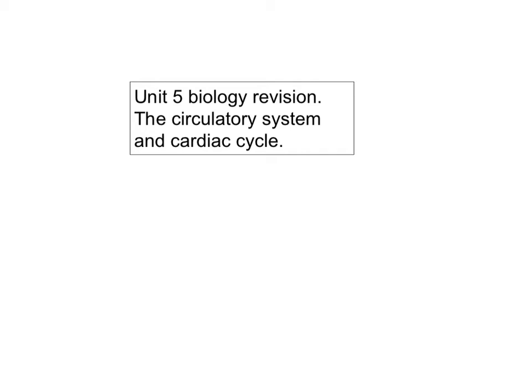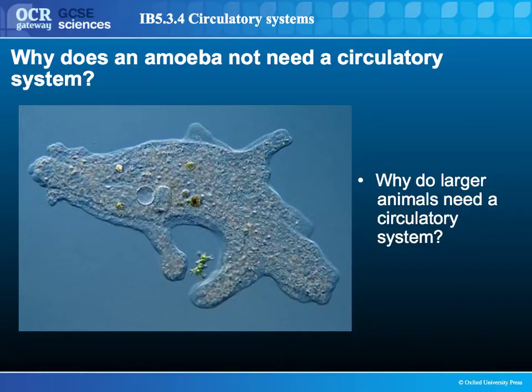This is Unit 5 Biology Revision, a second revision video, and this is looking at the circulatory system in different organisms and the cardiac cycle. So this is an example of a single-celled organism. This is an amoeba. An amoeba doesn't need a circulatory system because it has a very large surface area to